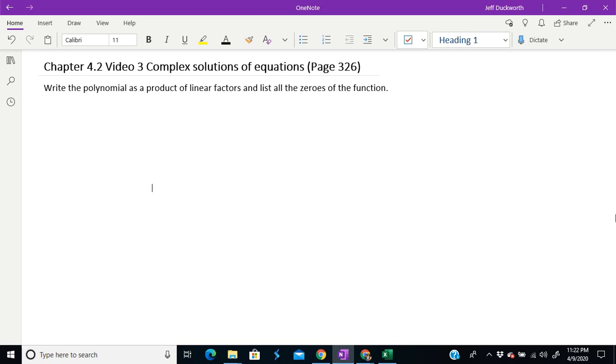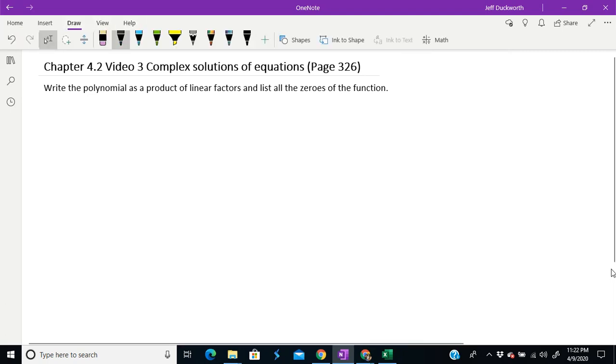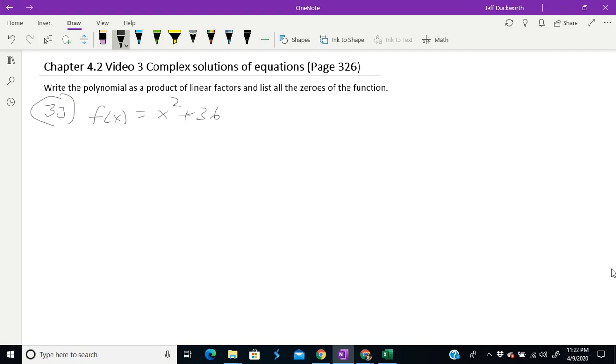That sort of thing. All right, so let's do problem number 33, the first one. We're given this information. Our function is x squared plus 36. If we recall from algebra,